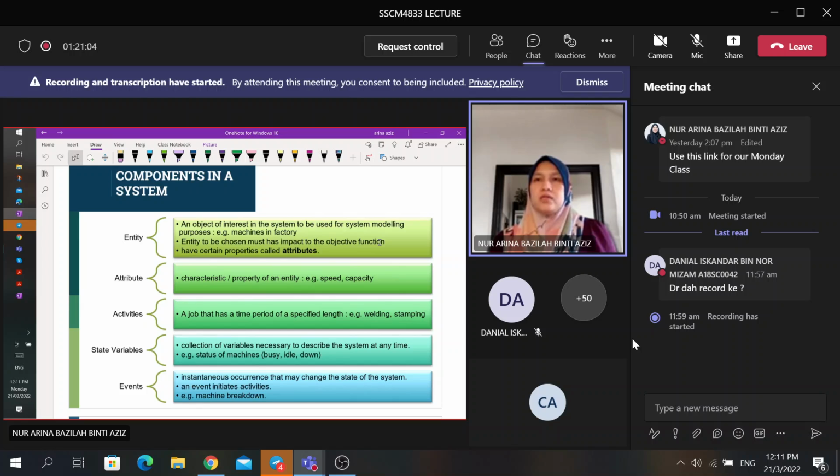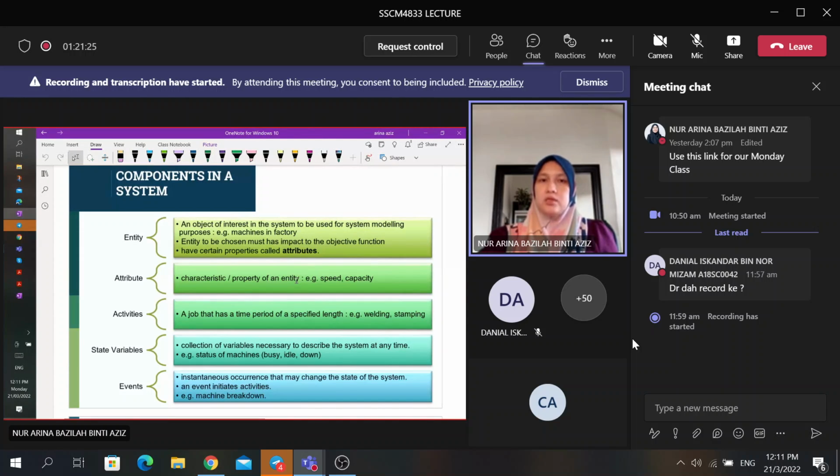You tak buat investigation tu dekat farmasi. Tak ada kaitan di situ, sebab tempoh menunggu yang kita nak study tu menunggu untuk jumpa doktor, queue yang sangat panjang kan. Jadi entity yang kita nak pilih tu mesti entity yang related to our objective function, and this entity